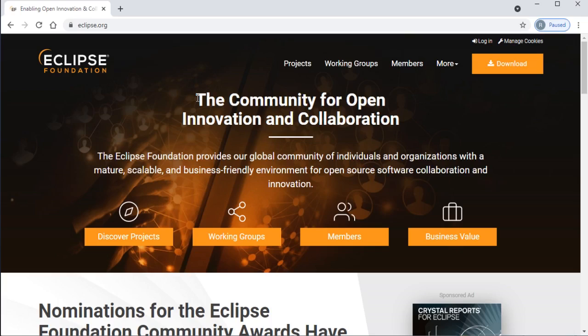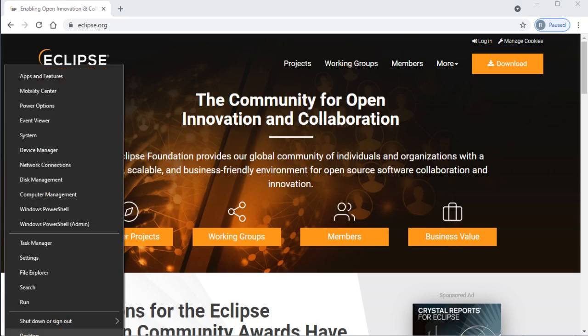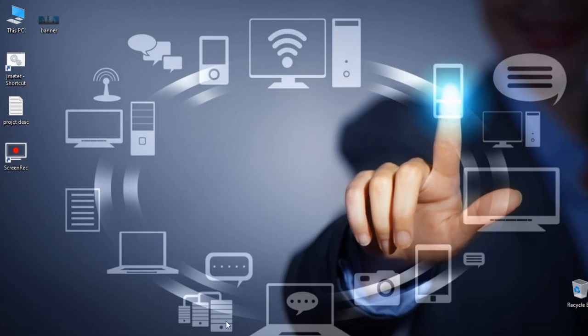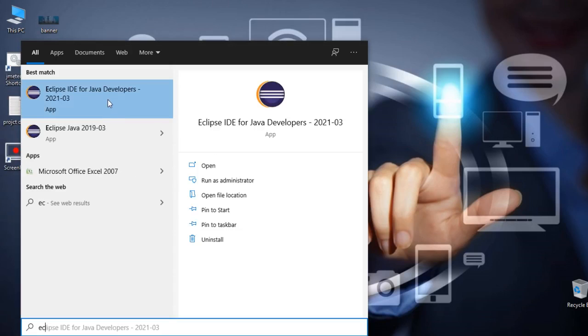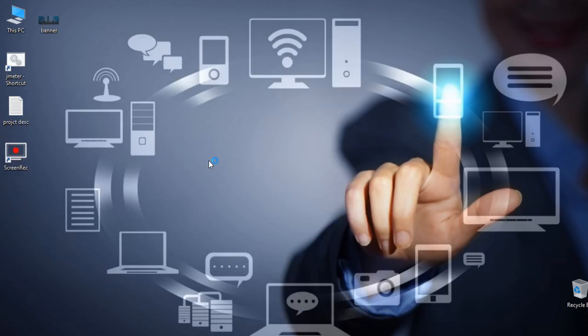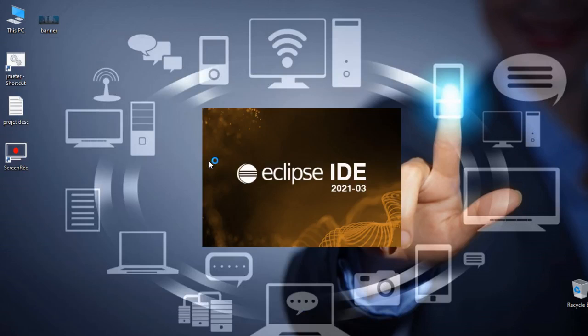I have already installed Eclipse on my system, so I simply click on Eclipse. Here you can see that I already installed the latest version of Eclipse, right? I just search for Eclipse and click on it. It will take us to the Eclipse